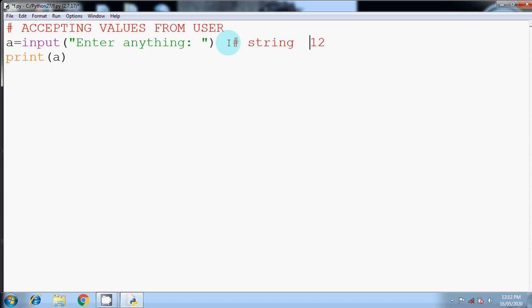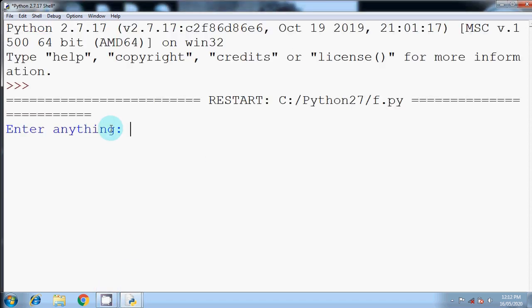Even if the user is entering 12, then this will not be taken as the integer 12. It will be considered a combination of two different letters, 1 and 2. You cannot add these values, subtract, or do any integer operation on this, because if it is entered by the input function, by default it will be a string. So here is the message which I have written in the input bracket: Enter anything.